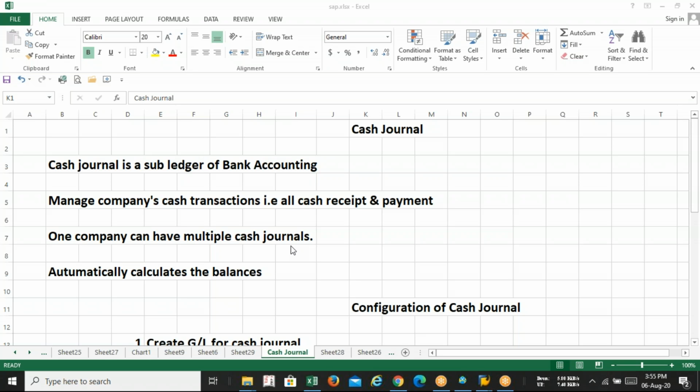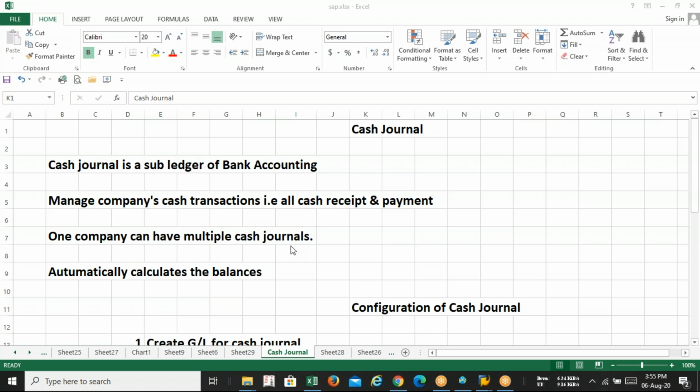Let us take an example so that we can understand the importance of the configuration of the cash journal in SAP FI.